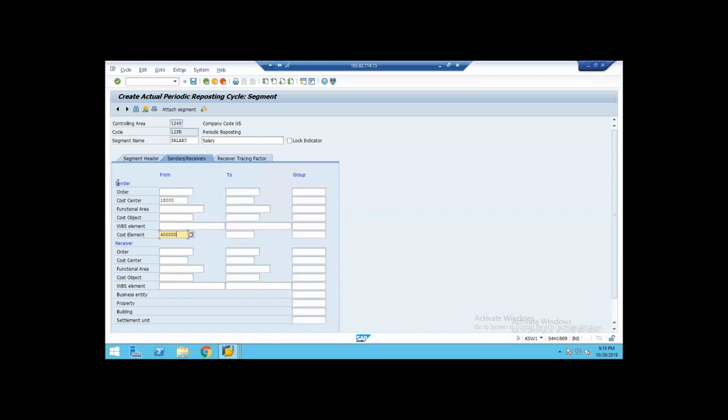Now this is the sender information. So what is sender information? The amount posted in this cost center relevant to salaries is to be picked up, and where to apportion? What are the receiver cost centers? What are the receiver objects that we will be mentioning over here? So I will say